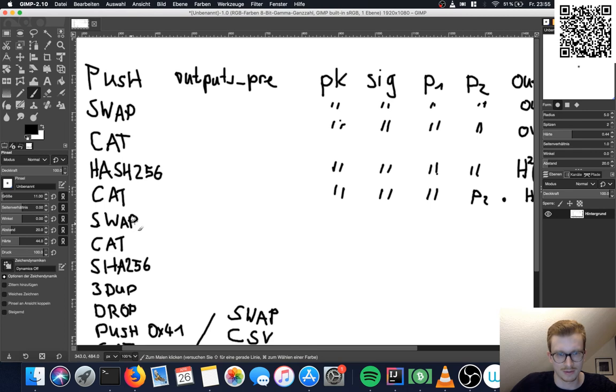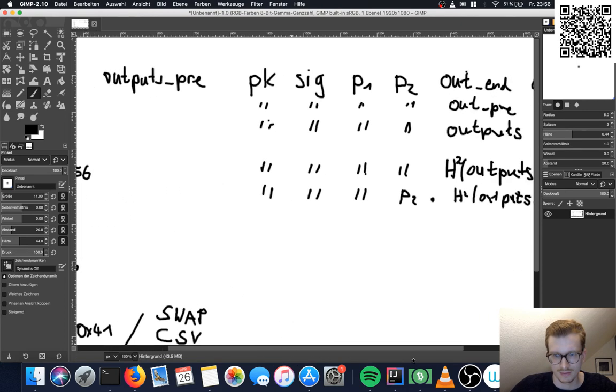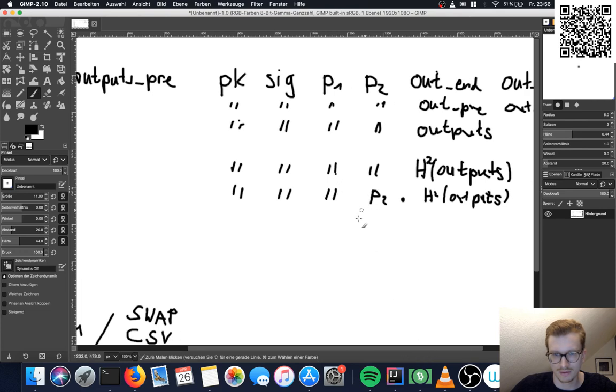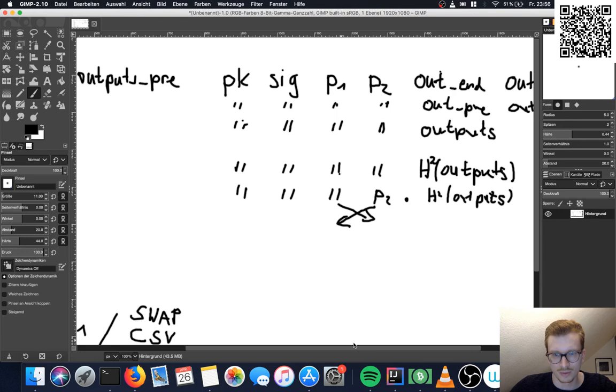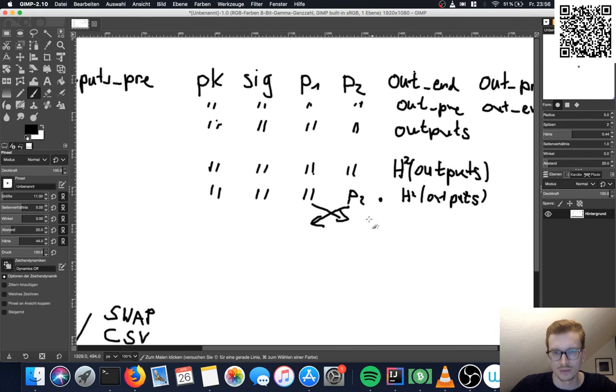And then we will swap those two things around, which I'll just make like this because I don't want to repeat everything over and over again. And then we will concatenate all of them, which will actually give us the pre-image.